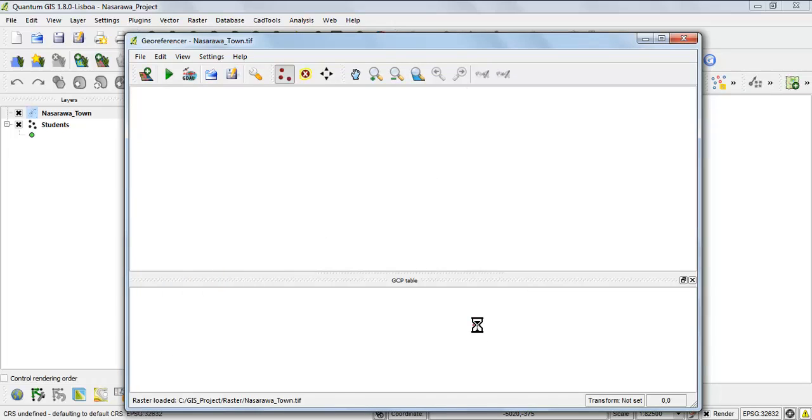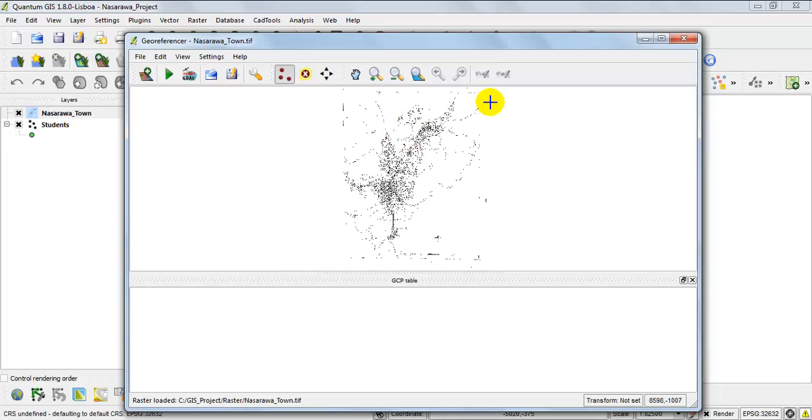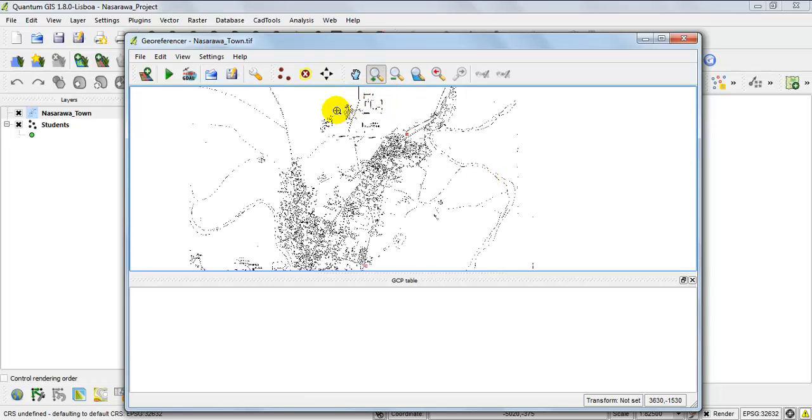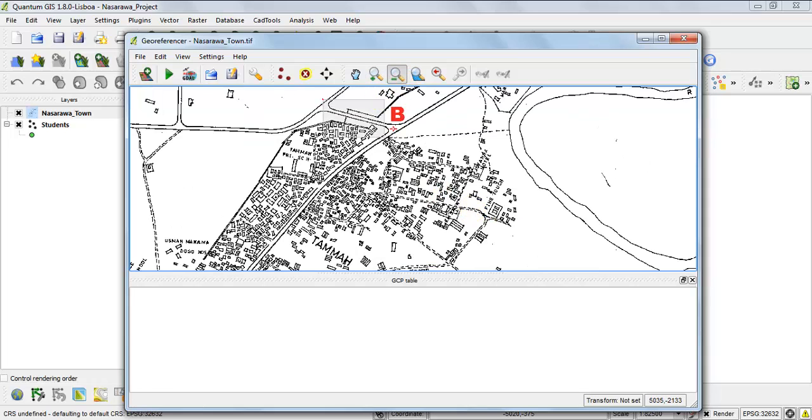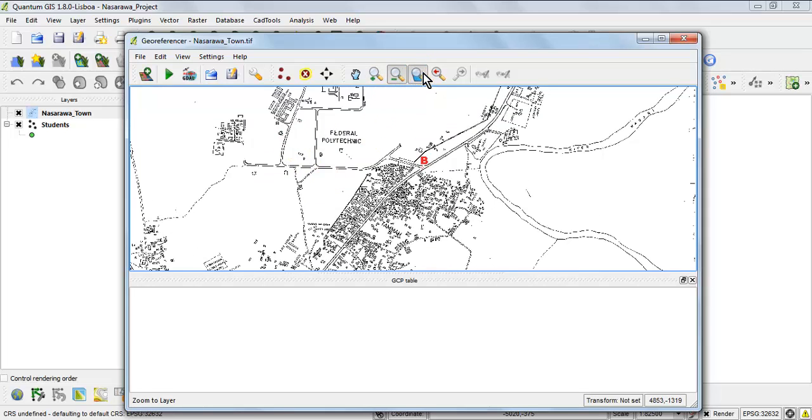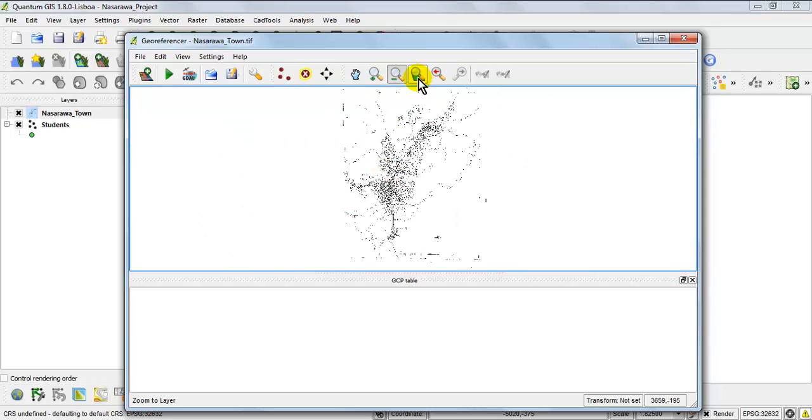Then click on open. So the raster data will be added into your georeferencer dialog box. So you can zoom in using the zoom button. Zoom out using the zoom button. And you can zoom to previous extent or layer extent.